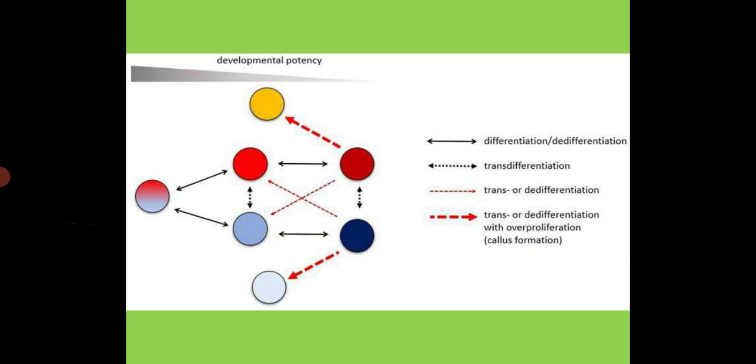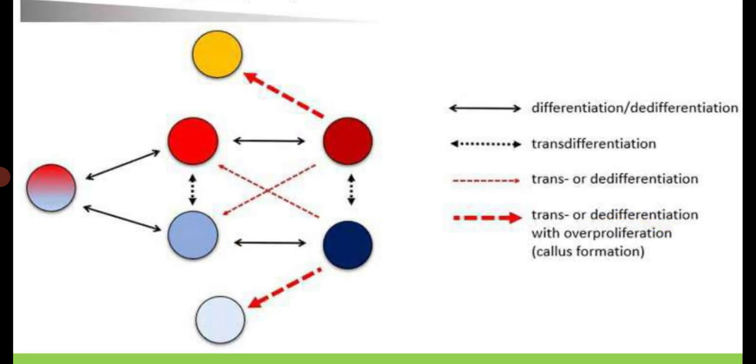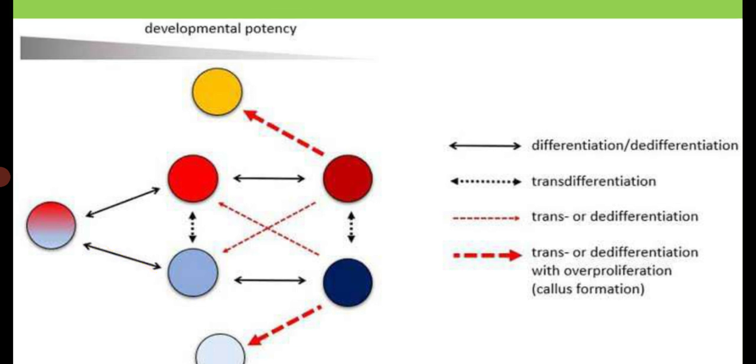Here in this image, these phenomena are explained. Suppose one cell is there and it gets its fate and it carries out its function by a process, that is differentiation, and when these differentiated cells are reverted to a meristematic state, it is called de-differentiation. This trans-de-differentiation